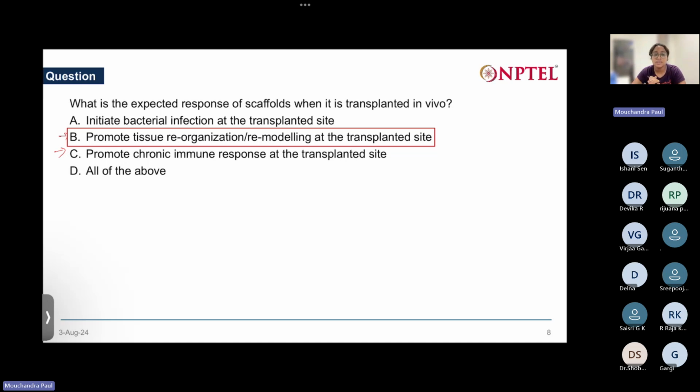If you're trying to address a tissue repair problem, like some wound has happened and you're trying to repair it, then the expected response is that your product should promote healing and then reorganization. More cellular growth should happen, more ECM generation should happen,